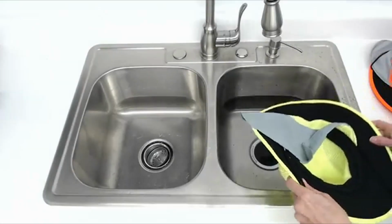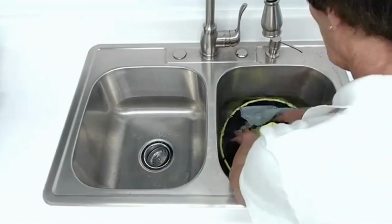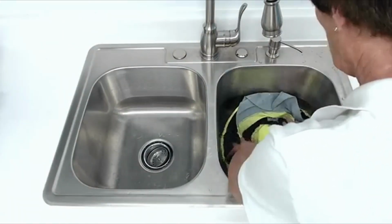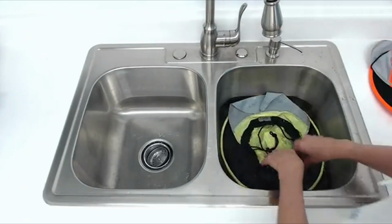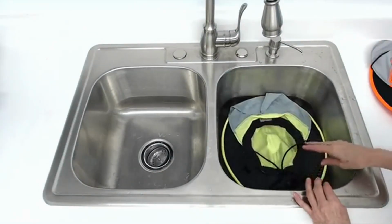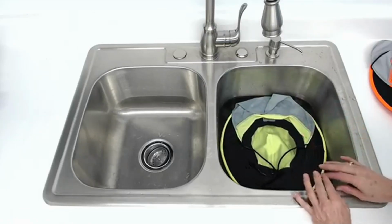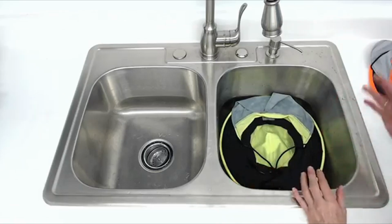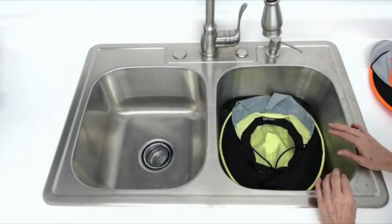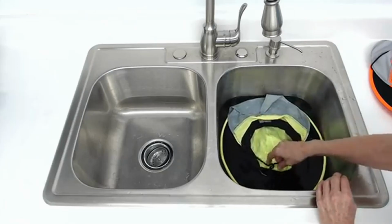So now we're going to demonstrate how to hydrate the sun safety Hatbandoo. So we're pretty much putting this entire hat in water. This is what you want to do. You want to use a sink, a container, bowl, bucket, but make sure you're using clean tap water. And when you do put it in water, we want to kind of